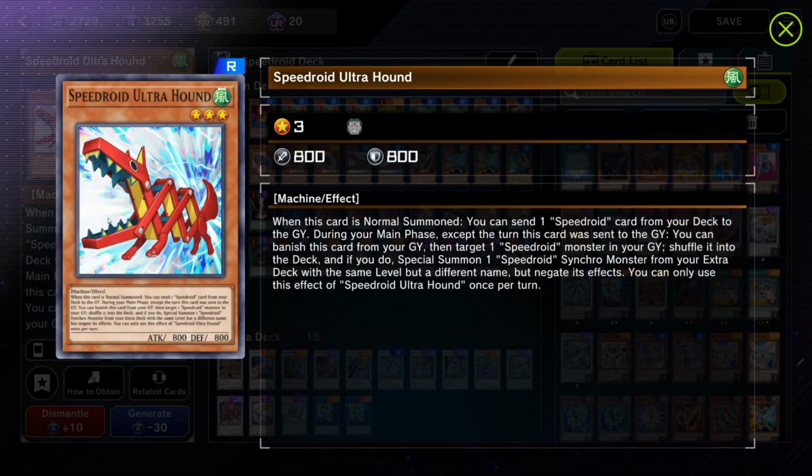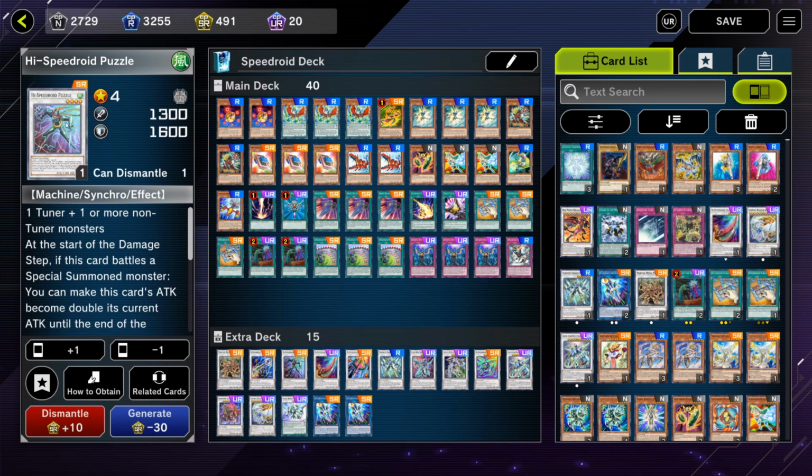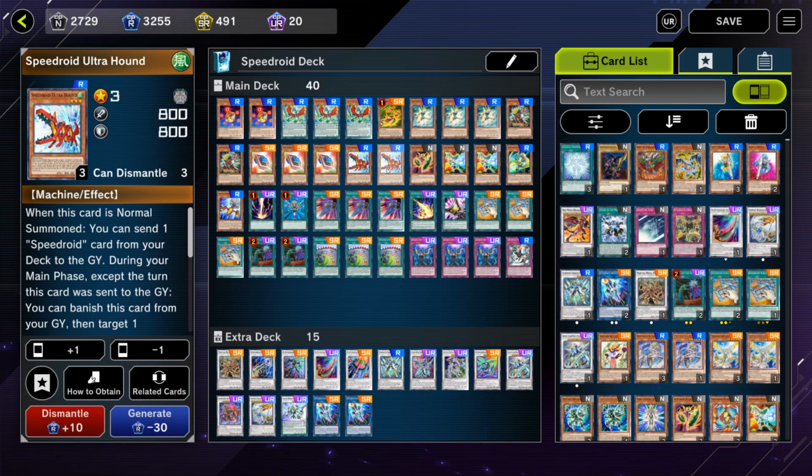So here I run 2 Ultra Hound. Ultra Hound is great because when it's normal summoned, it's basically a Foolish Burial on summon. Then during your main phase, you can banish this card from your grave, then target 1 Speedroid monster in your grave, shuffle it into the deck, and if you do, special summon 1 Speedroid synchro monster from your deck with the same level but with a different name. This is typically for later on in the game. Let's say you have a level 4 Speedroid in the grave, you can send it back, and if you do, you can summon out the level 4, where is he? Puzzle right here. That's basically the idea behind it. It's just easier to go into your